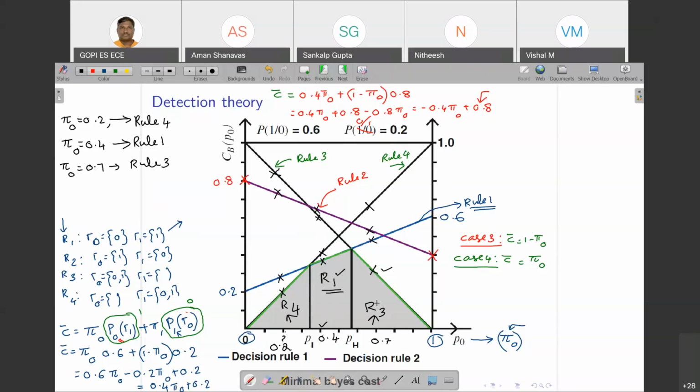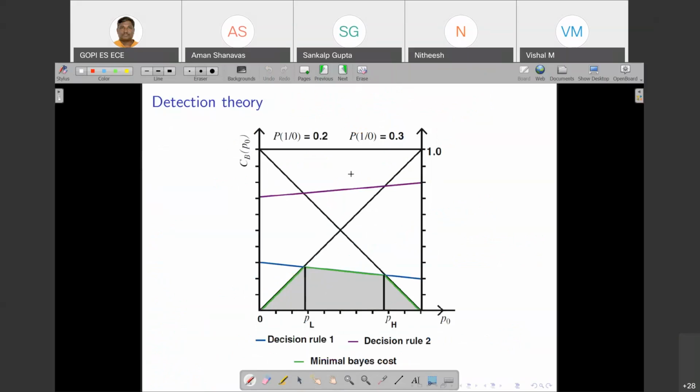But this part and this part, always it is going to be rule 4, and this is going to be that rule 3. You can see another example here. So the similar approach, if you do, right? So here, let us consider this example here,